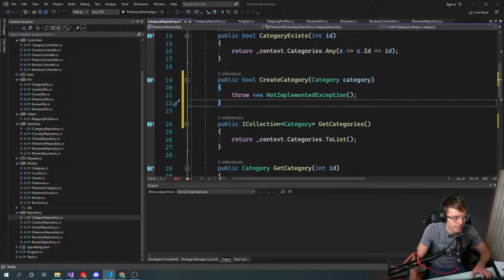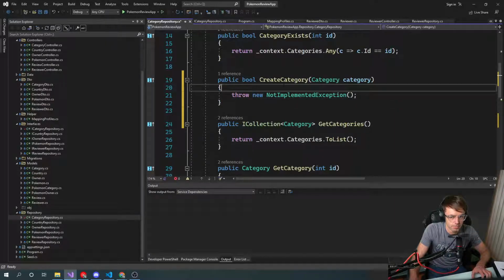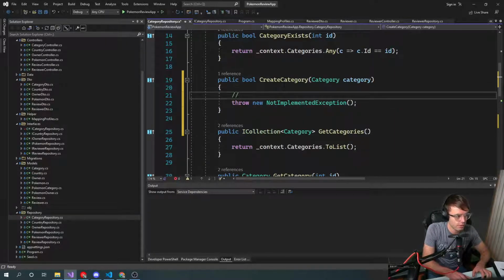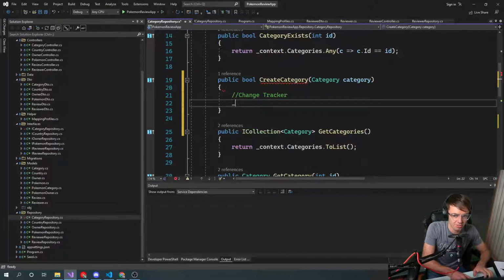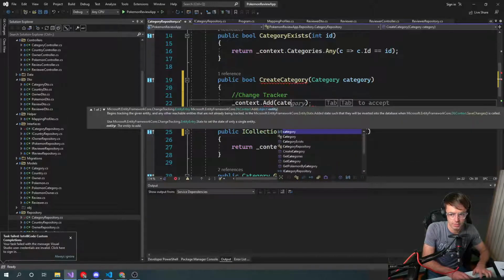So here's what you need to know about creations in Entity Framework. You need to know that there is something called a change tracker. Whenever you are manipulating, or whenever you are about to create an object, what you are going to do is very simple, but you need to know what's going on underneath the hood. So we're going context.Add. Then we're going to go in here and pass in our category,